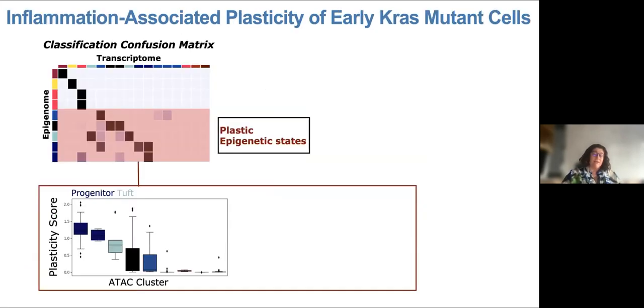And now we can say, okay, what are the populations that are most plastic? And it's these progenitor cells, these origin cells that we've been looking at this whole time that also seem to be primed in both directions, as well as some tuft cells. But now we have for each individual cell a measure of its plasticity, a measure of its uncertainty and its sort of fate. And so we can see what else is going on in these cells because we have a full transcriptome for them